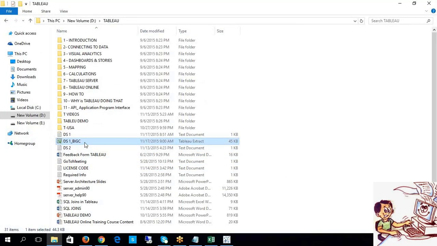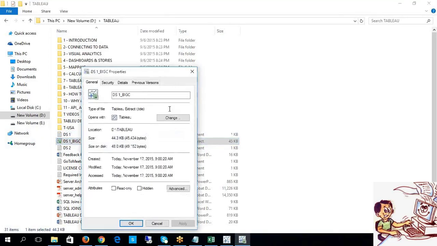This is the icon, and if you look at the file extension, what is the file? See, .tde, Tableau data extract. With that, you can easily identify it. The iconic representations are taken care of by the tool itself. You don't need to perform any additional activity on top of it. You just need to save it into the respective location.